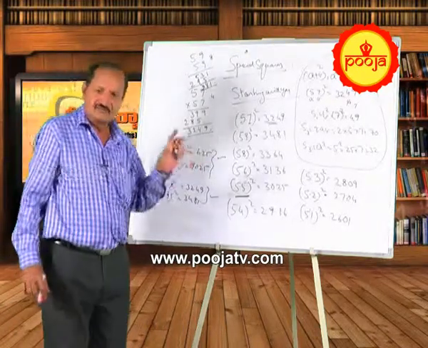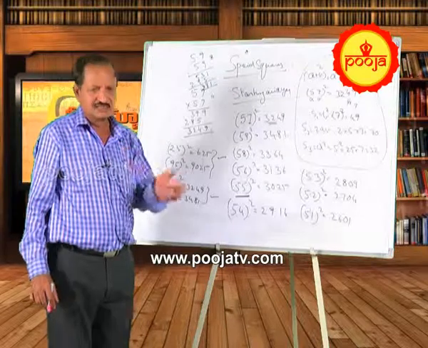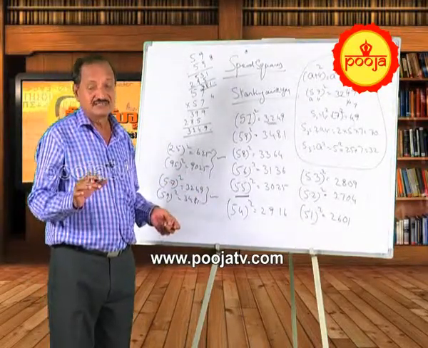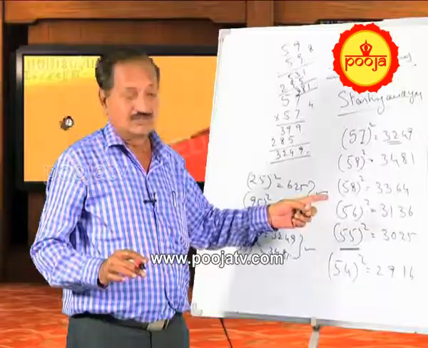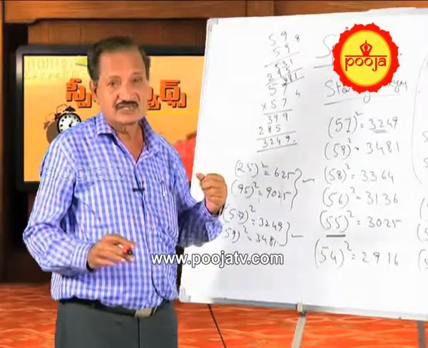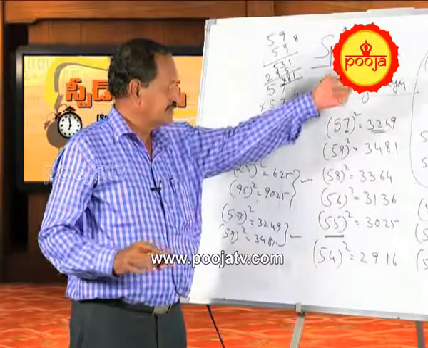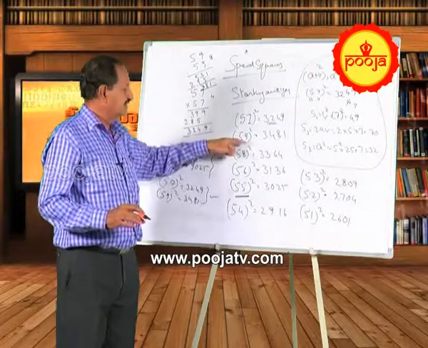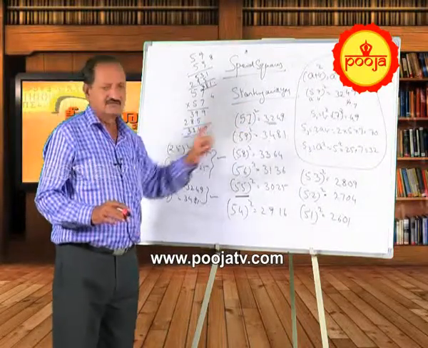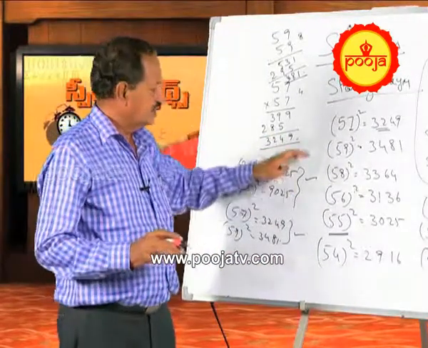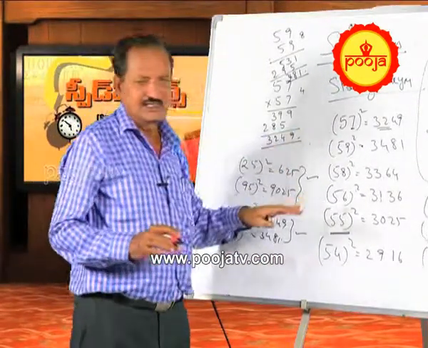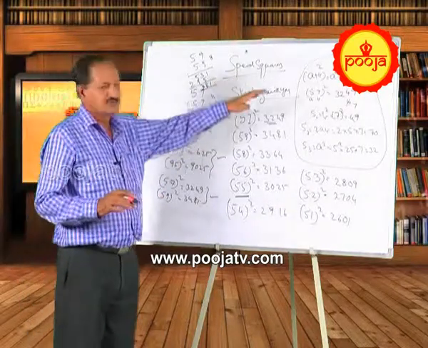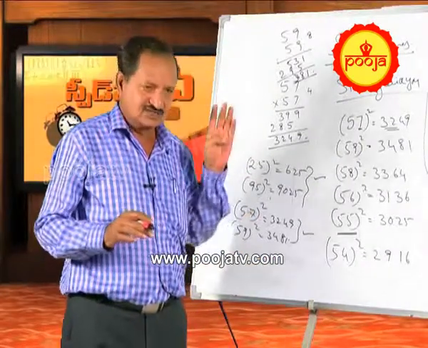These things will be helpful to you in general examinations, where you can do all these small things, but in competitive examinations it really plays a major role. They will give in between, somewhere you will get 59 square, and if you want to do (a plus b) whole square, that also takes some time, a square plus 2ab and so on, but here immediately 5 square is 25, plus 9 is 34, 9 9 is 81, you can say. So kindly learn this perfectly, and as and when it is required, please use these special squares, that is, ending with 5 and starting with 5.